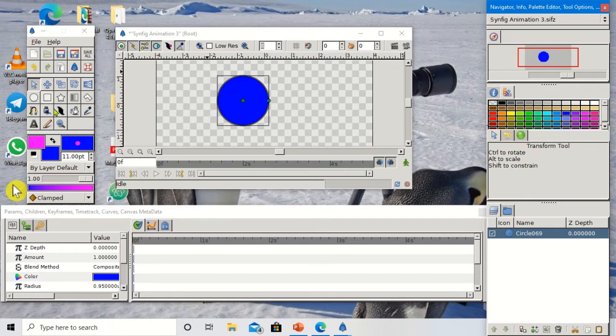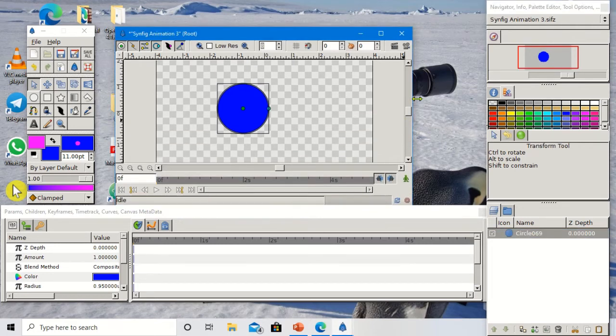You can also see here that Synfig Studio has different parts. You can see the tool panel, the params panel, the canvas, the navigator panel, right? These are all just like layers. So layers are just like different parts of a sheet having different objects, right? Now we are going to understand how to apply the gradient effect to the given object. For that I want to